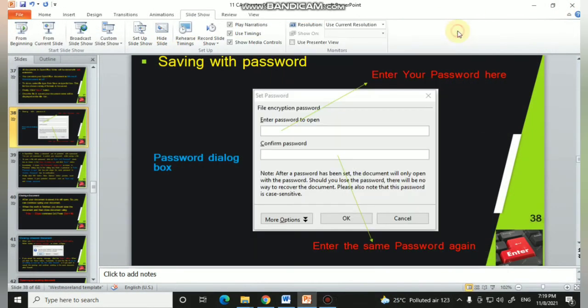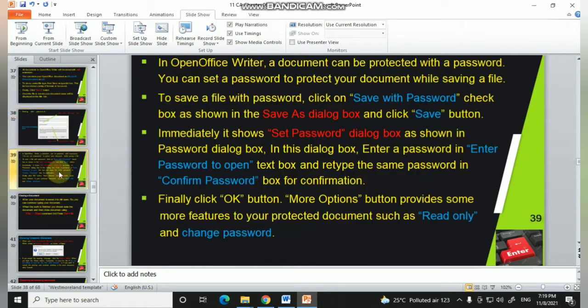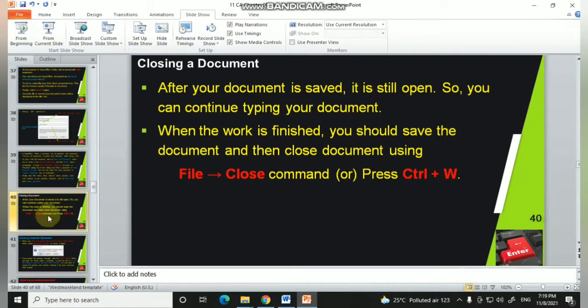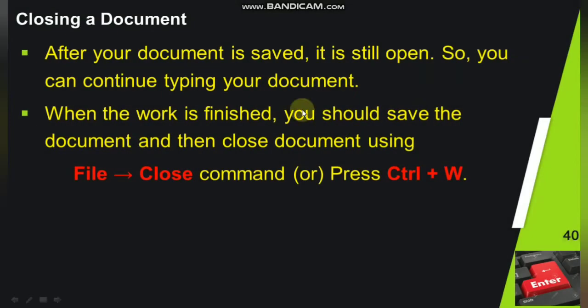Okay, the next topic which we are going to see is how to close a document. After saving your file or your document, if it is still open, you have to close your document.